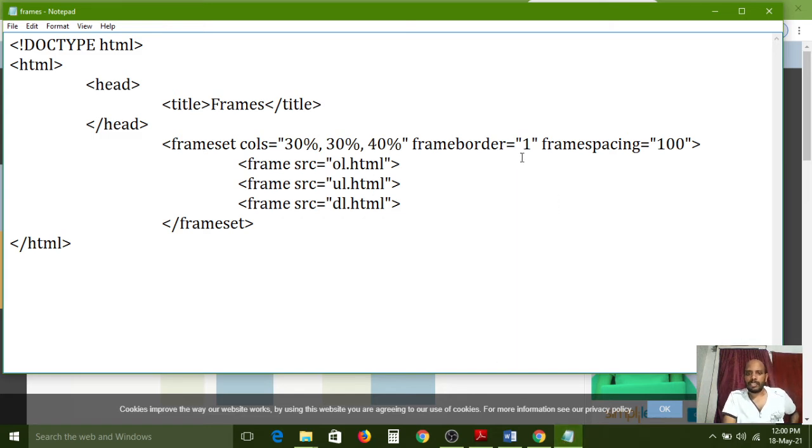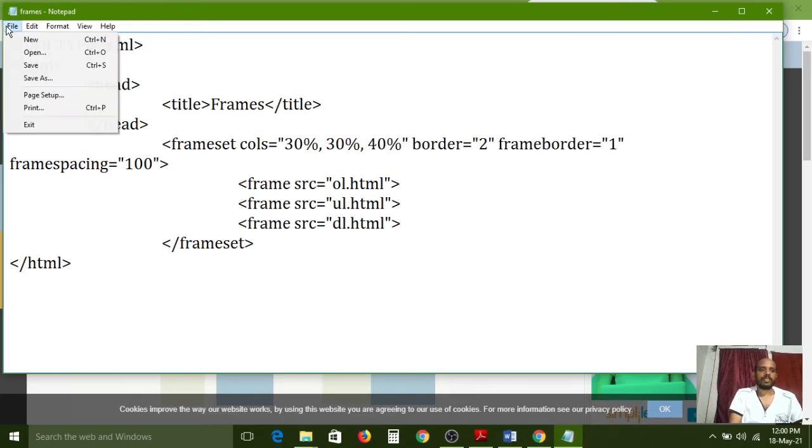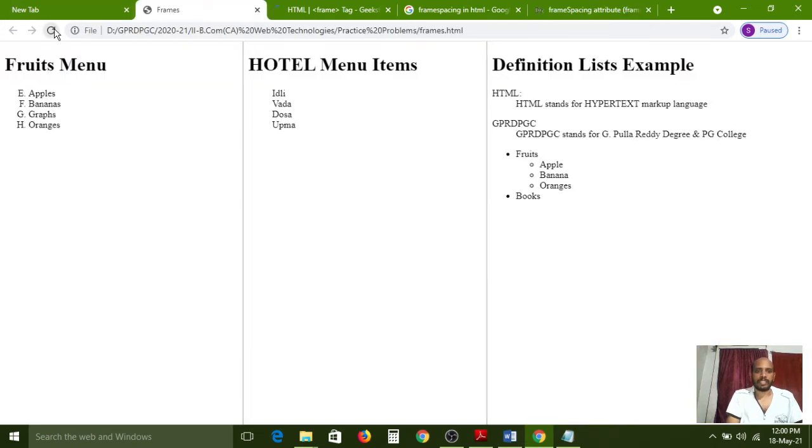Frame border 1. Okay, border equal to 2 pixels. Save. Okay, wait. Now we have to see the difference. So this is the space, border to border.